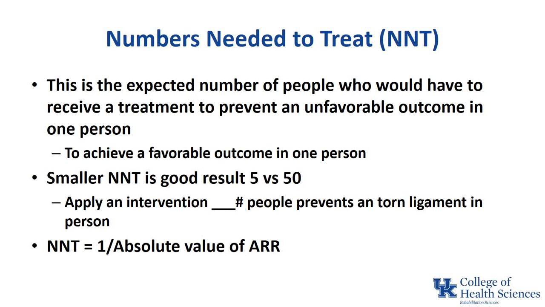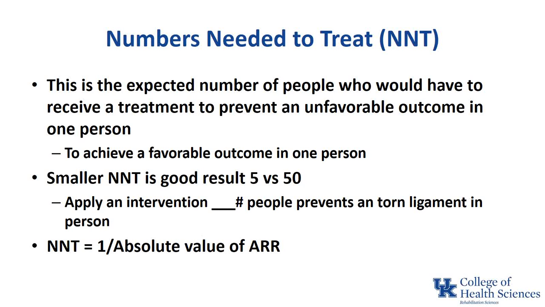So the lower that number is, the better the result is. If you have a numbers needed to treat of 2 or 3, that's really good. If you have a numbers needed to treat of 40, 50, 60, 100, not as good. So if you apply an intervention of X to 5 people to prevent a torn ligament, so I have to apply this intervention in 5 people to prevent one person from having a torn ligament, versus